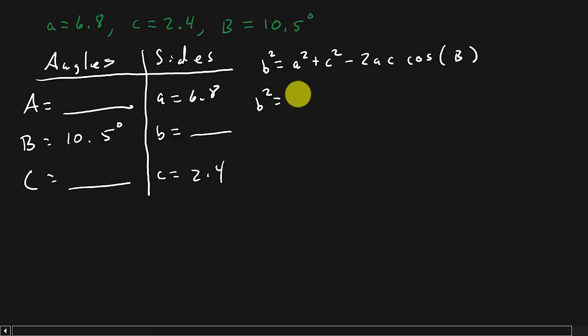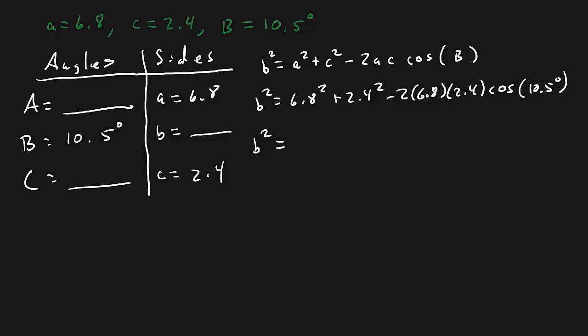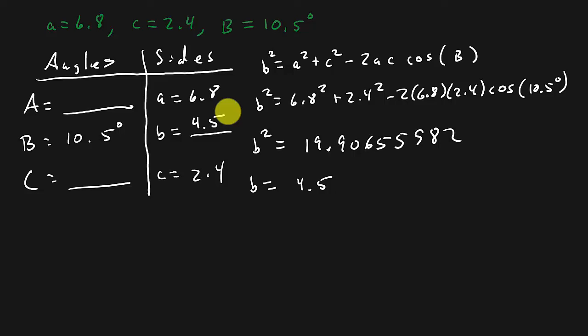So B squared is equal to 6.8 squared plus 2.4 squared minus 2 times 6.8 times 2.4 times cosine of 10.5 degrees. And so we get B squared is equal to 19.9065592. And so B is equal to the square root of that, and that's about 4.5. So that's 4.5. All right, so now we can use the law of sines to solve for angle A or